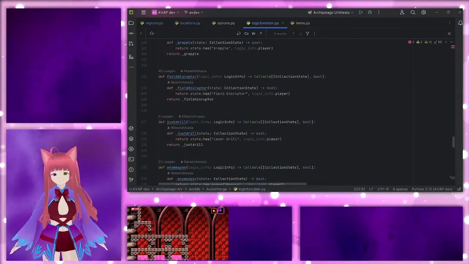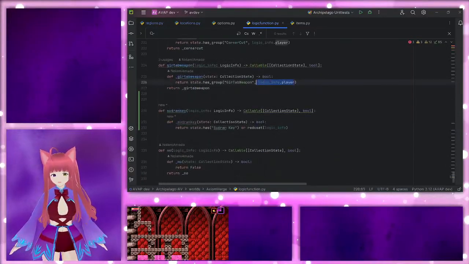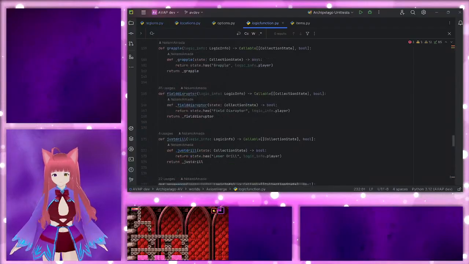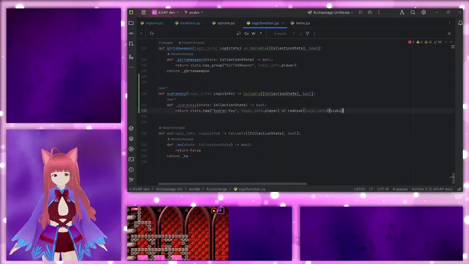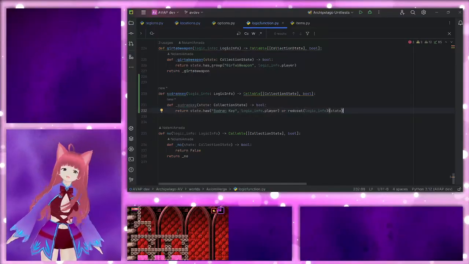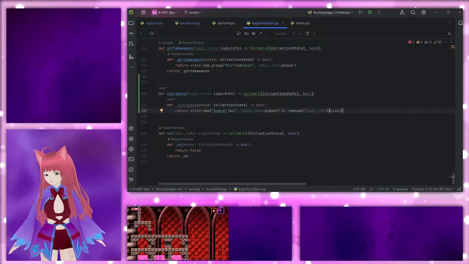Hold up. Wait, I forgot. On state.has, you need logic info and player passed into it, or else it doesn't work. Or logic info dot player, rather. Return, yeah, just return drone. Logic. Oh, and I need to pass state as well. I can't forget state. You said like once. I suppose you did say like once. So yeah, I'm just gonna put red coat baked into the Sudrin key function, cause